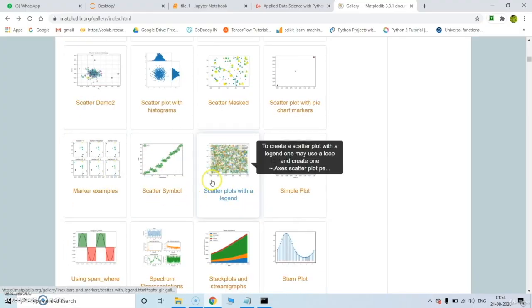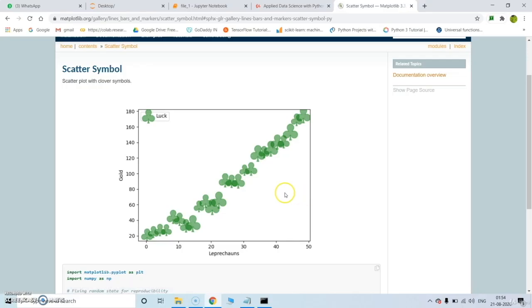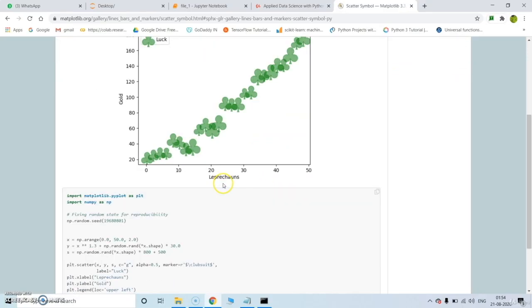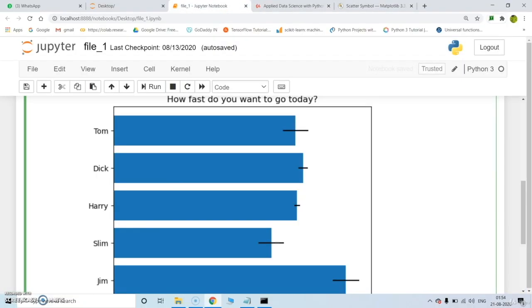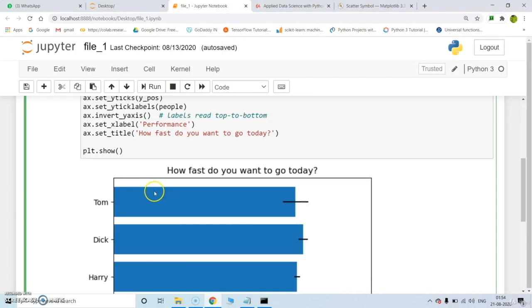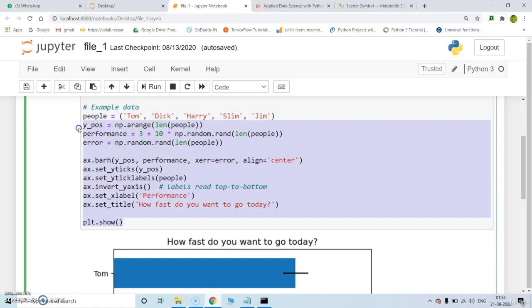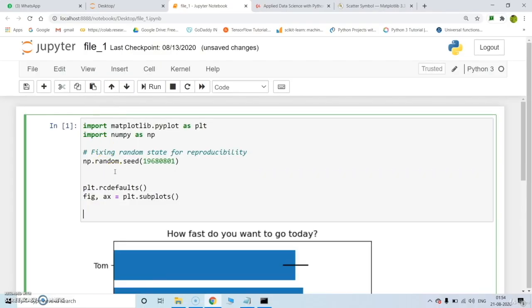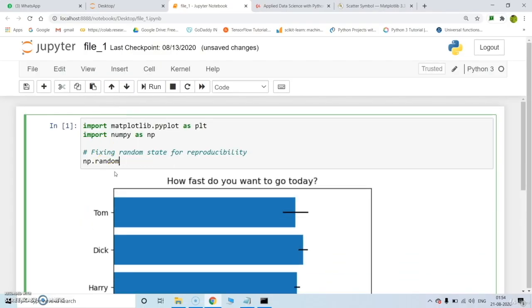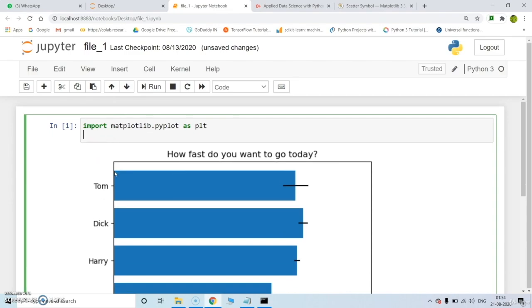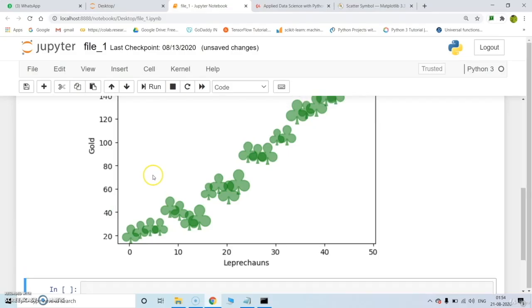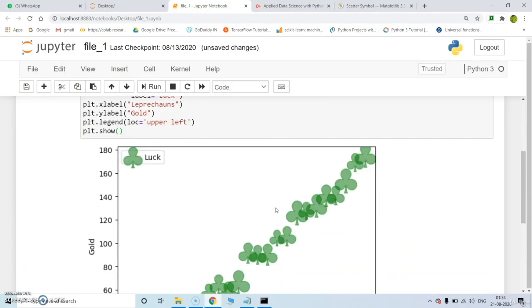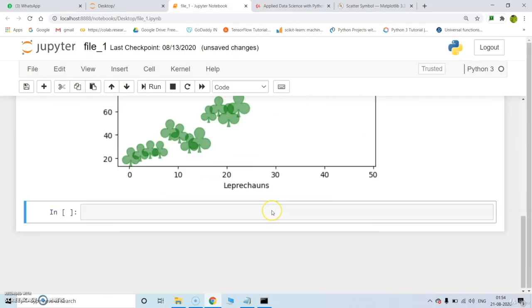So let's take one scatter plot also. This is a scatter plot with a symbol. You just take this, copy paste it, and run it again. When you do this process, your plot is ready. Okay, in a live project, when you are working, you're not allowed to copy paste the